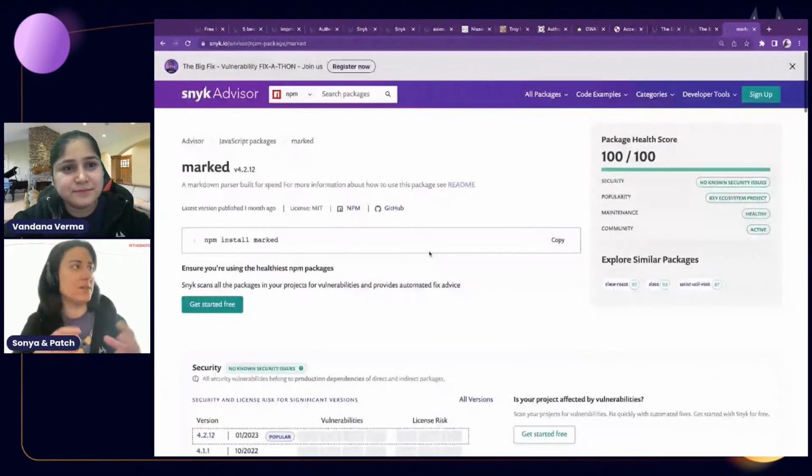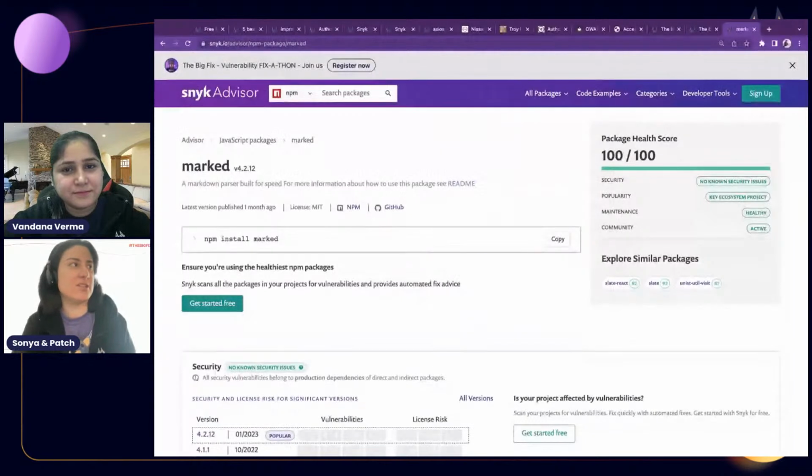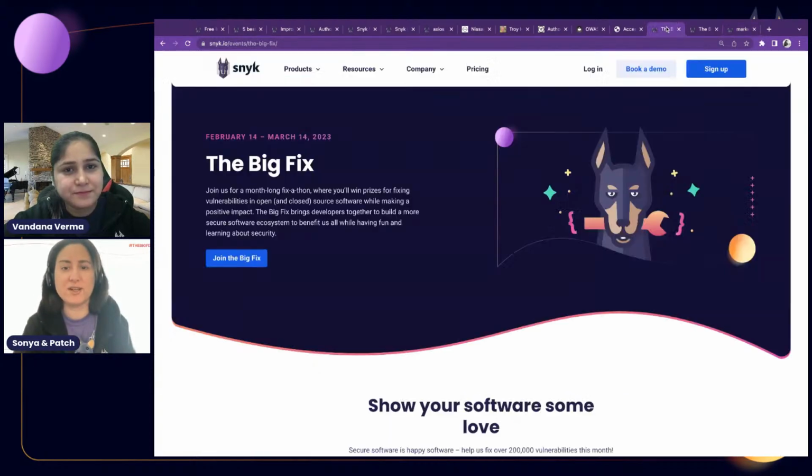So those are tools if you want to implement packages or make sure that they are free from the vulnerabilities that we've mentioned, because we don't want to have SSRF or broken access control within our packages or within our code base. Potentially those are tools that you could use to leverage that. And just leverage the big fix opportunity, the month-long fix lesson, to actually fix your security vulnerabilities within your open source software, your open and closed source software. Just try to make a positive impact. Let's fix those vulnerabilities.